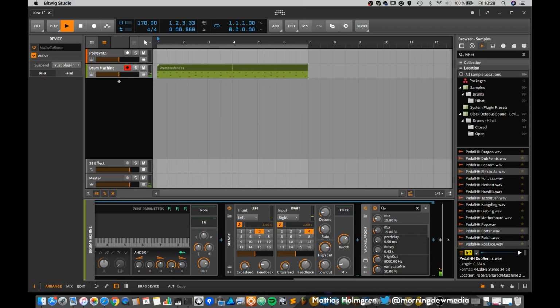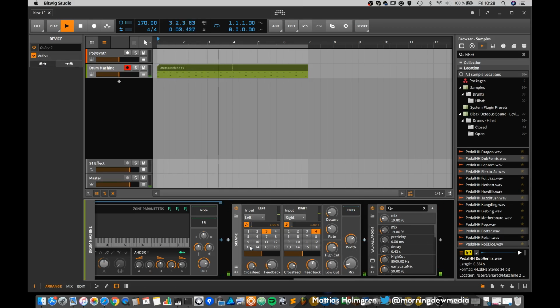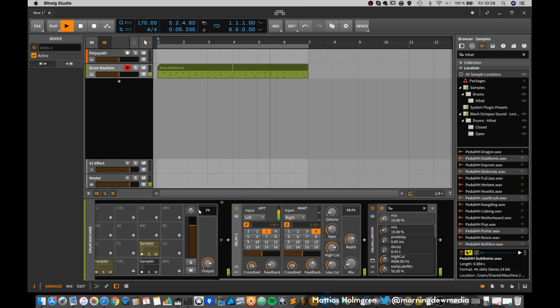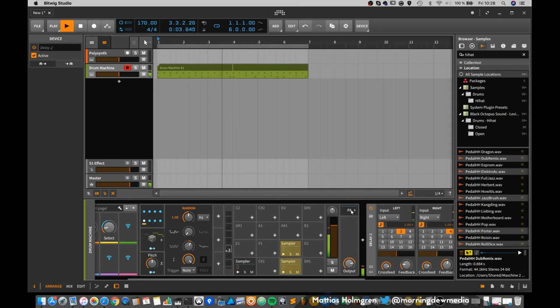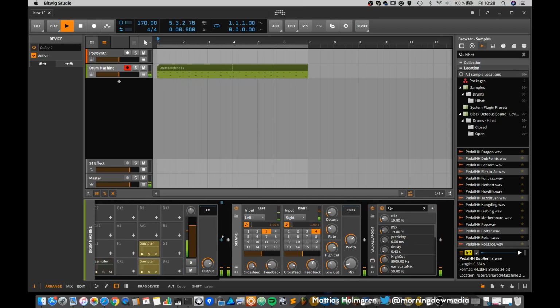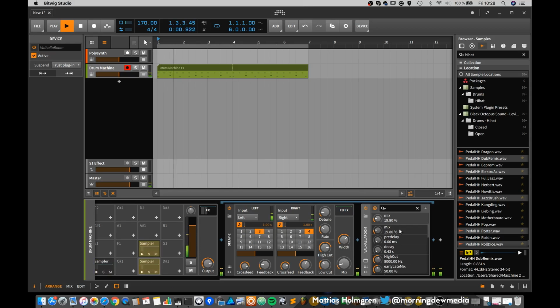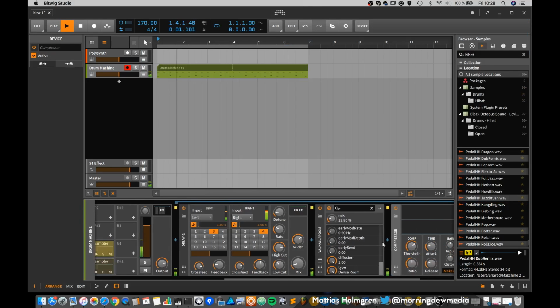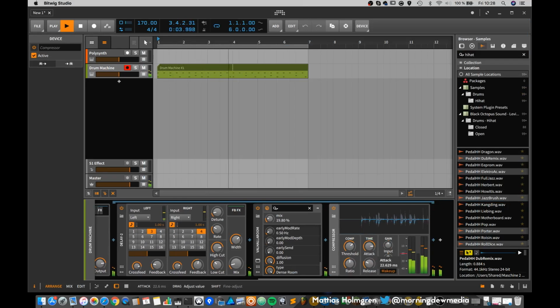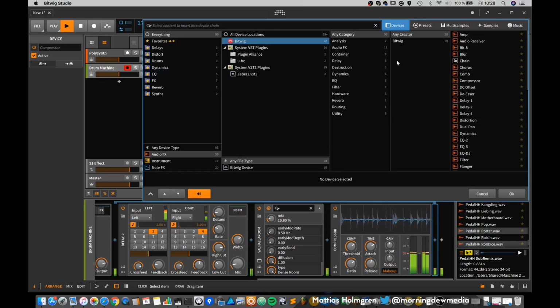Actually we can move this to the furthest right side here and add it to the complete package of our drum machine here. So let's press the effects section and drag them in here. And at the end of the chain we need some kind of compression to make sure the dynamics are within check. Maybe add a peak limiter too.